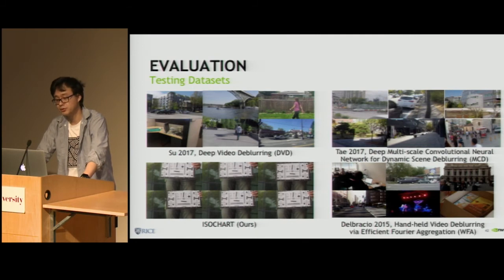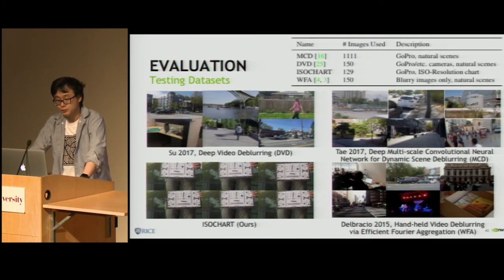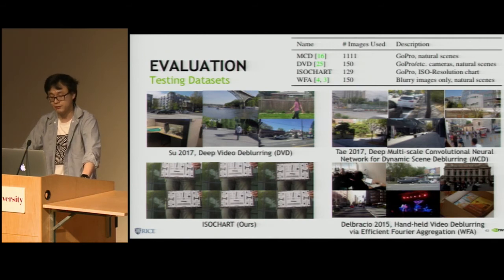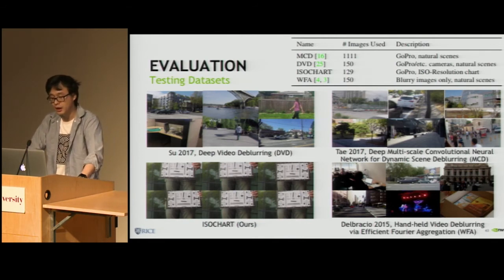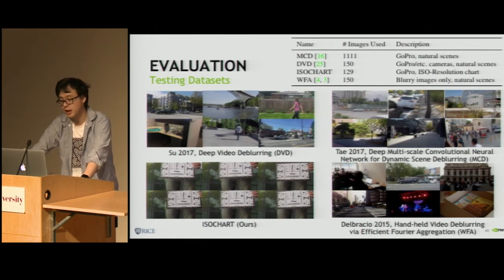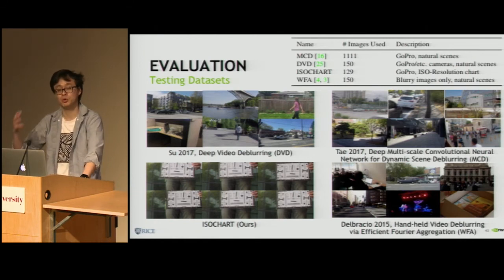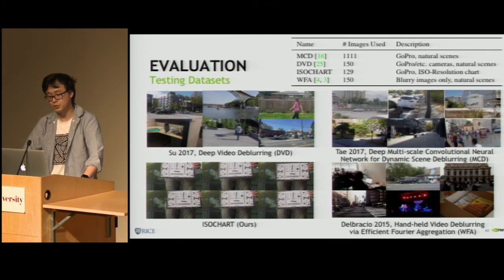the deblurring performance. So for MCD, DVD, and our ISO chart, we all have a ground truth. And the sharp images in those datasets are captured by high-speed cameras with at least 240 FPS. And then the corresponding blurry images are generated by averaging over multiple sharp frames. WFA, on the other hand, is captured using only normal handheld cameras without the ground truth sharp images, therefore can be only used for